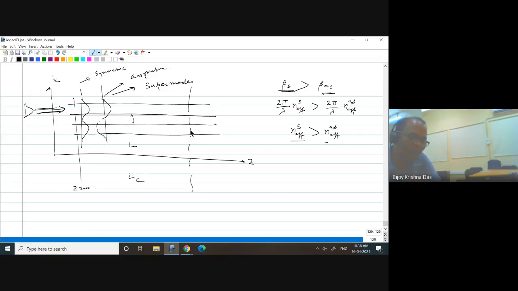Now, in this particular situation, you have not calculated things in a conventional way. Instead, you have calculated supermodes, the eigenmode solutions of the combined structure, and you found the solutions beta_s and beta_as. Schematically, the symmetric mode will look like this, and the antisymmetric mode will look like this. Now my question is, with this knowledge, can you calculate the length required for which the power launched in waveguide 1 will be completely coupled to waveguide 2? I am giving you 30 seconds to think and answer.